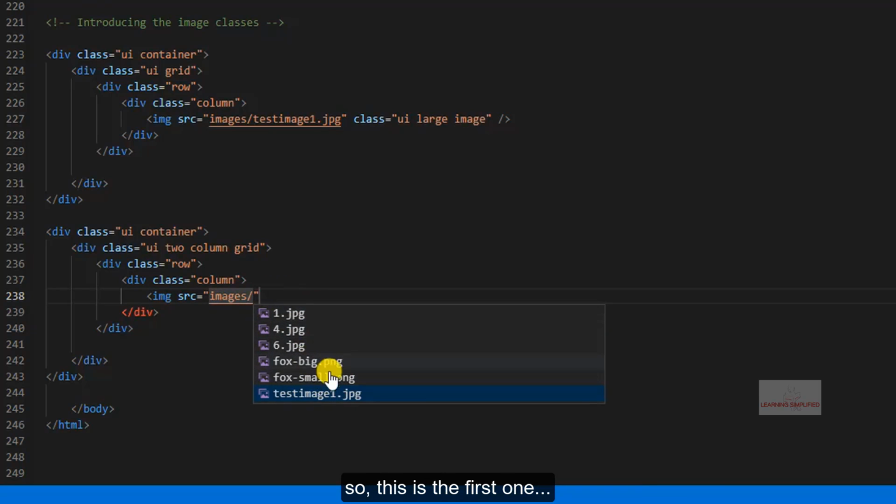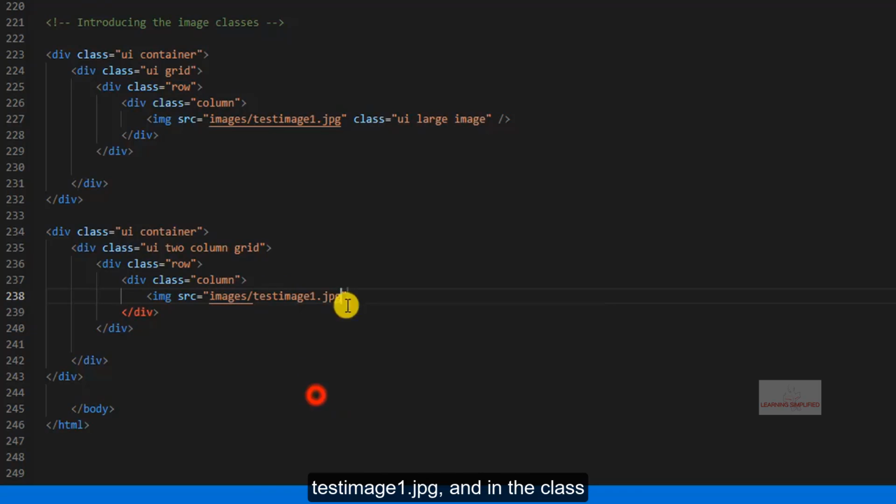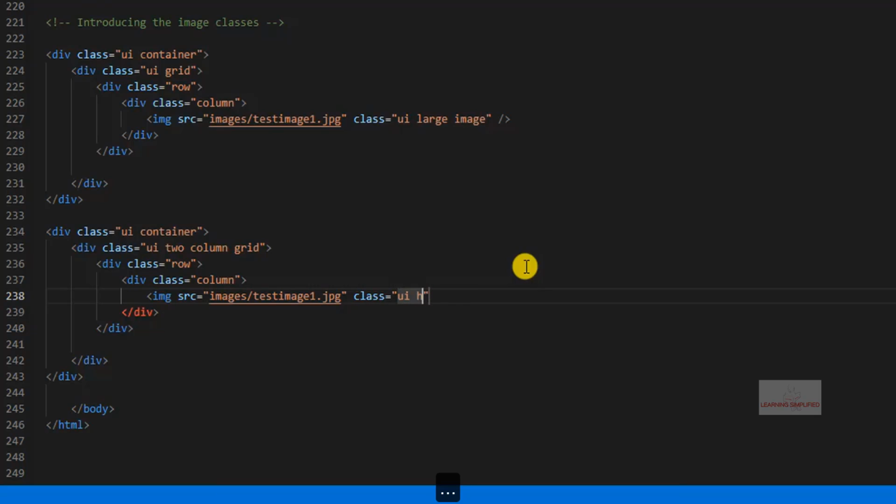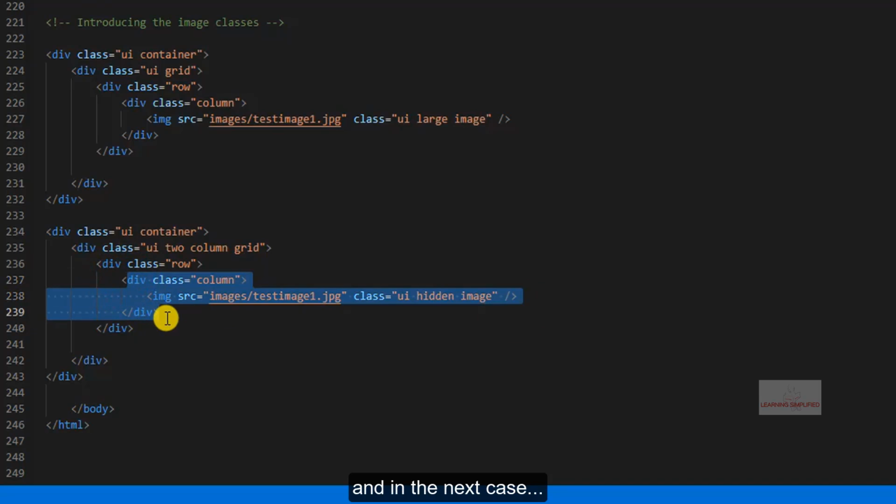So this is the first one, test image 1.jpg, and in the class we are mentioning that for this particular image, the class will be hidden. This is the first part, and in the next case,